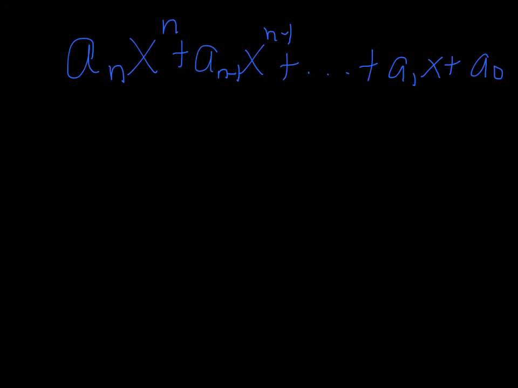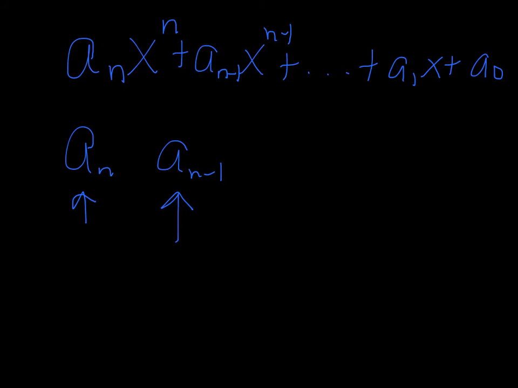It might seem strange and take you a while to get used to it, but we use this a sub n, a sub n minus 1, and so on, just to show that these are the coefficients of this polynomial. These are not variables. They are some kind of constants, but we don't know exactly what they are at this time. And the x is the variable,